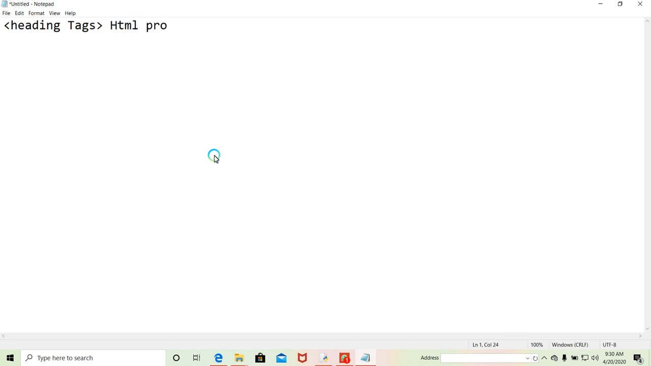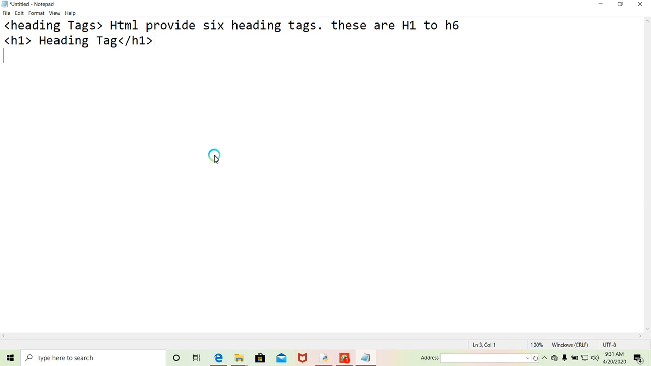HTML provides 6 heading tags. These are H1 to H6. Look here, H1 heading tags, H1 closed, H2 heading tags, H2 closed, H3 heading tags, H3 closed, H4